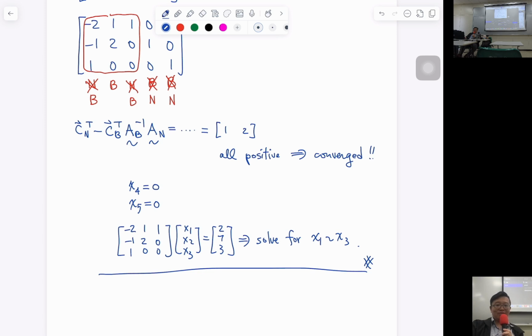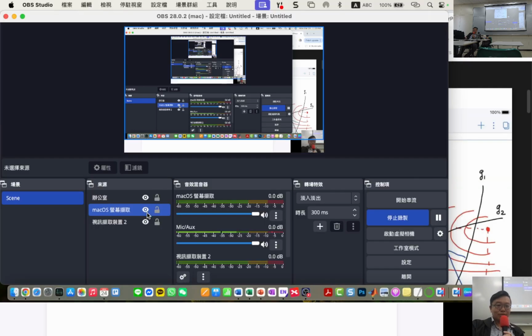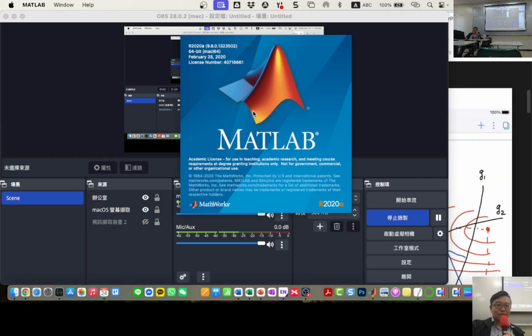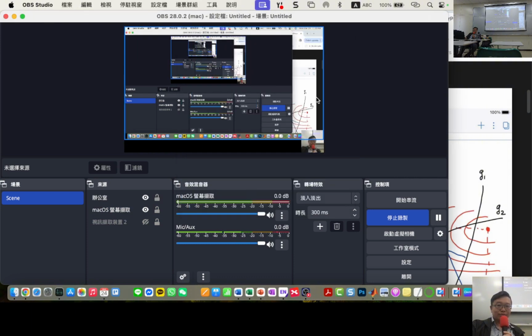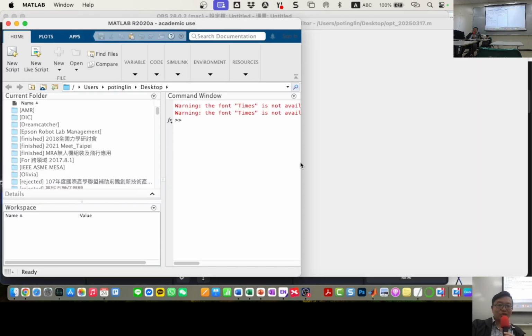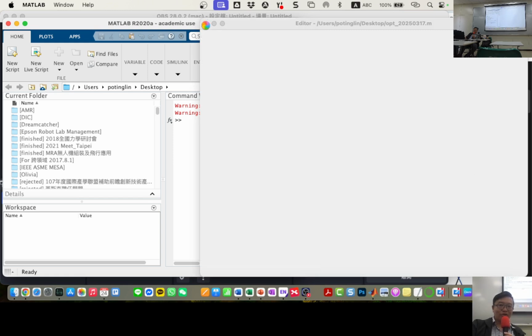It will make MATLAB crash. Not crash, just slow. I just turned off some app. It makes my MATLAB slow. So I'm going to just quickly use MATLAB to solve for